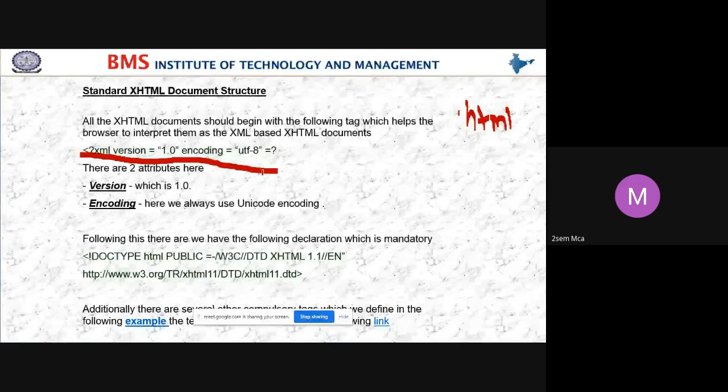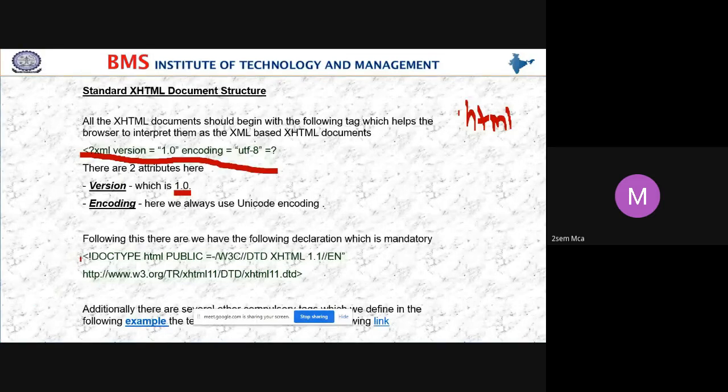These two are the attributes we have to include in the XHTML program, that is version and encoding. Version we specify as 1.0, and the encoding is also a mandatory entry in an XHTML program.